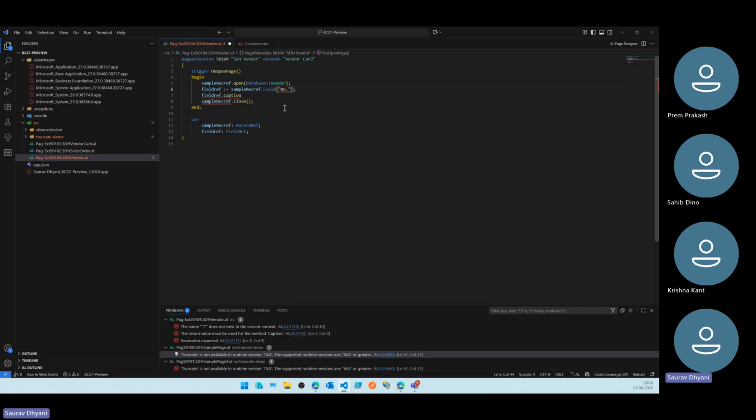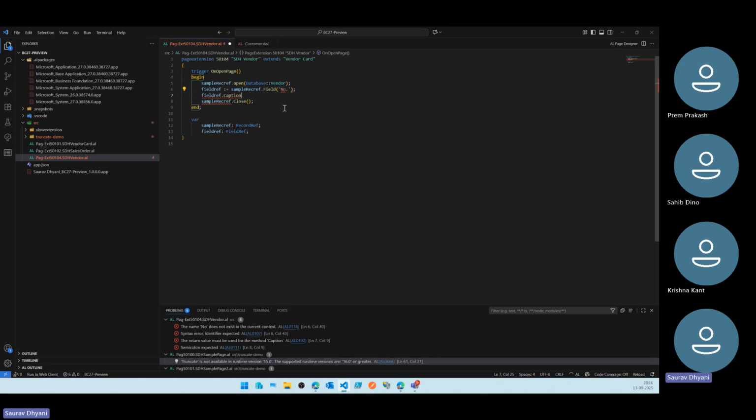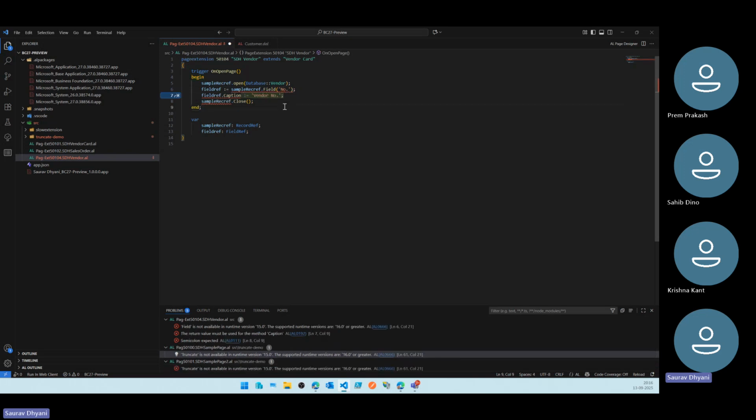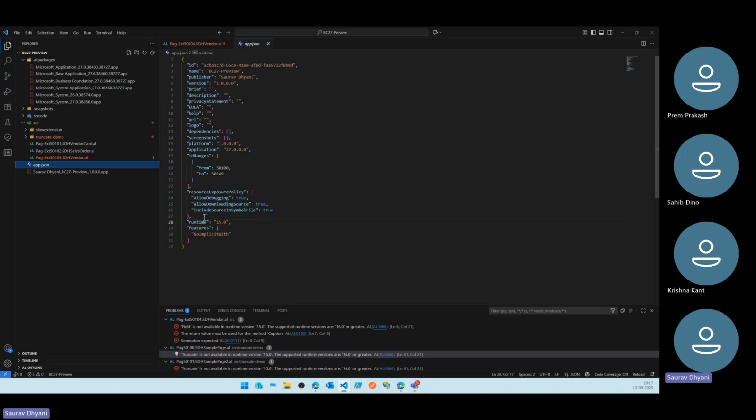I can say the name, not in double quotes, but in single quotes if it has special characters, right? So I can do this. Now, the reason I'm getting this error message is because it is not supported with runtime version 15.0, which is version 26. To use this, you should be on version 27,